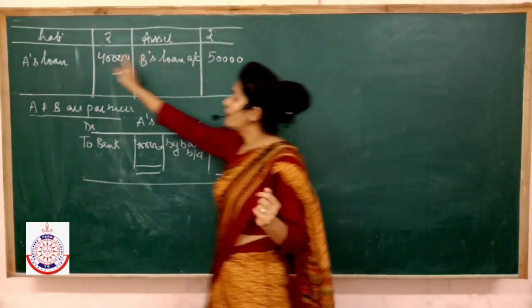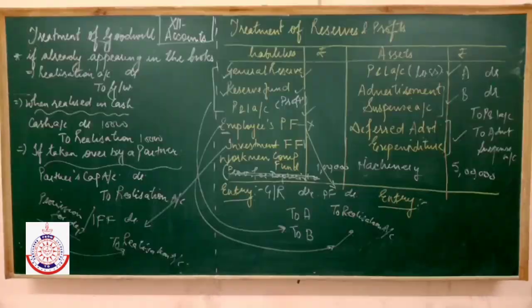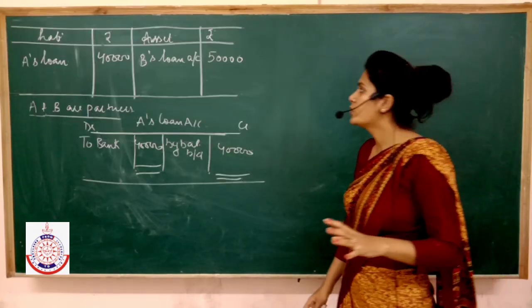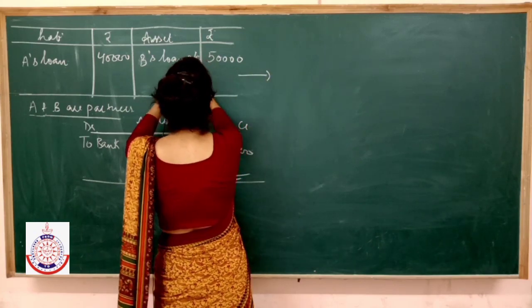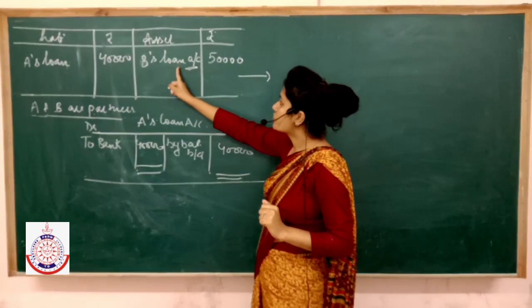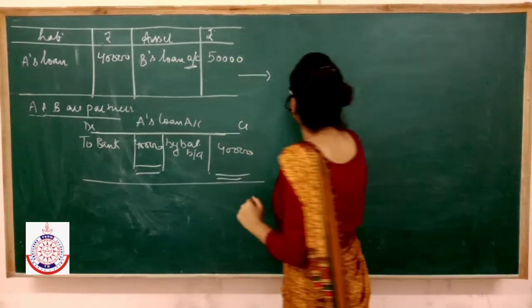In this case, the firm has taken loan from A. In this case, the firm has given loan to B. So instead of opening one separate loan account, what are we going to do? We are simply going to transfer this loan to B's capital. An entry would be